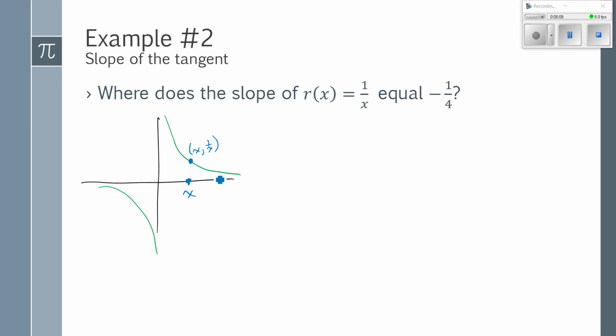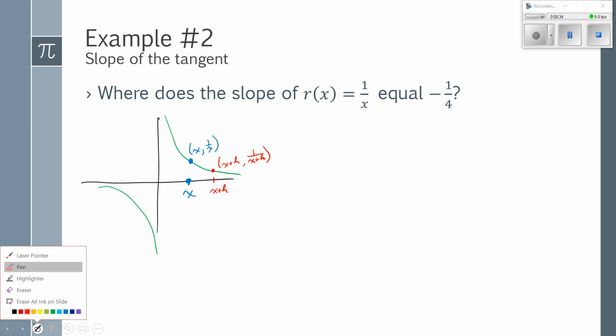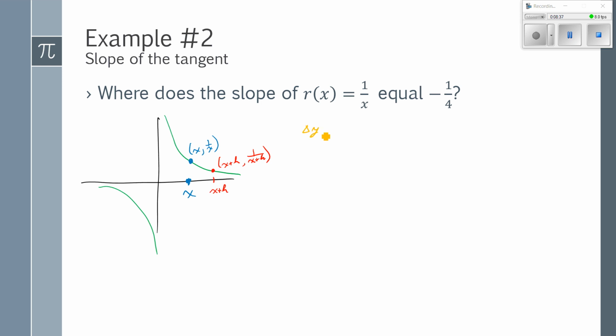To find the slope, I need a second point. So I'm going to move over a horizontal distance of h to here. So that's going to be an x plus h for the x coordinate. Plugging x plus h in for x in my function gives a y coordinate of 1 over x plus h. And now that I have 2 points, I can find the slope between those 2 points. So the change in y over the change in x is going to be 1 over x plus h minus 1 over x all over x plus h minus x,